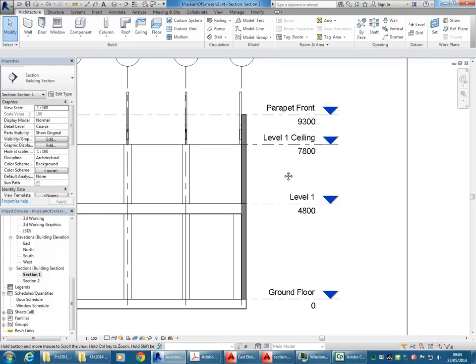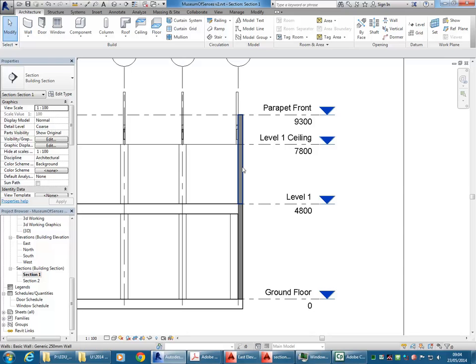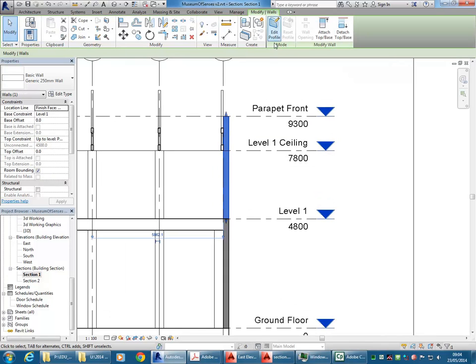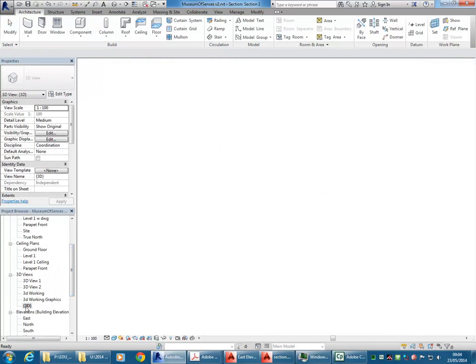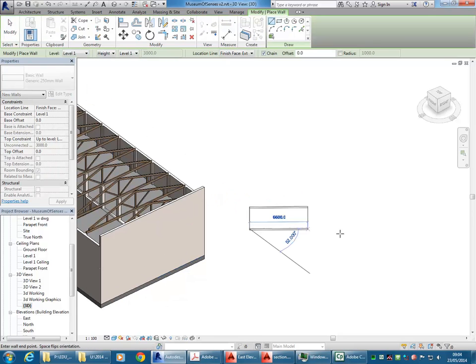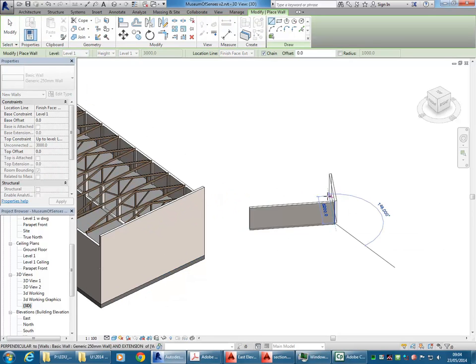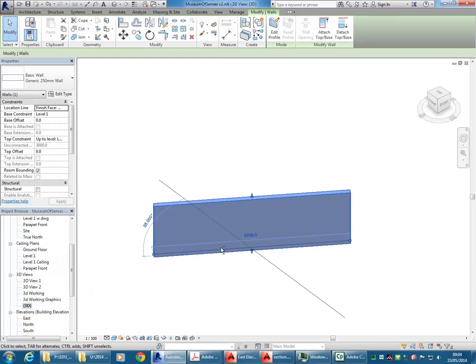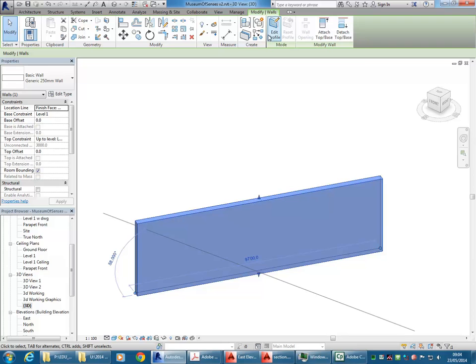So I'm just going through the front facade mainly, and it's a good chance to look at the Edit Profile tool, which you have, like I was saying, when you select any wall. I'm just going to go into a 3D view and quickly draw another wall, just to give you a basic idea what you can do with this tool. If I select it, you'll see again, if I just click Edit Profile,